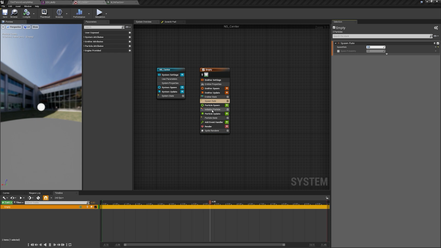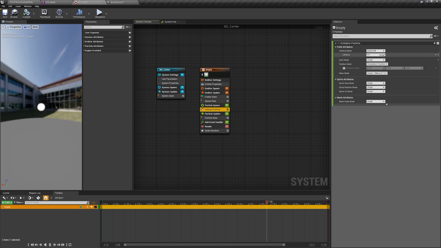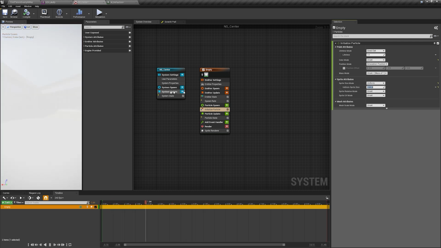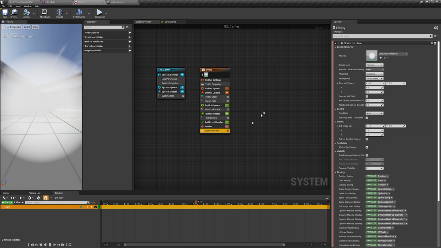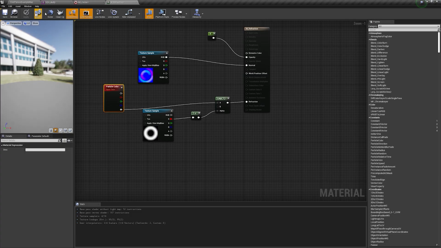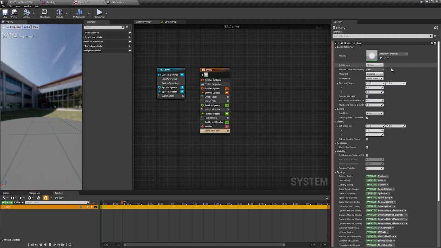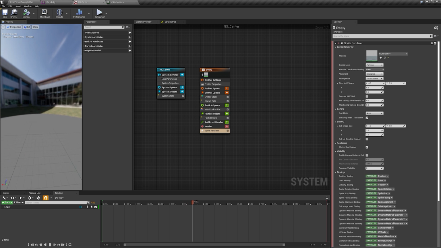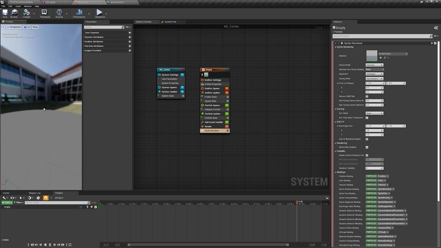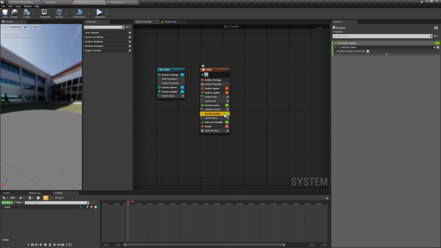Then we will go to initialize particle and set the lifetime to 1. We will set the sprite size to uniform and change the value to like 1500, or you can set a lower value if you want. And now for the sprite render, we can change the material. We can change the material to this refraction material like this. So now we cannot see anything, but now we can go to the particle update and we can go to